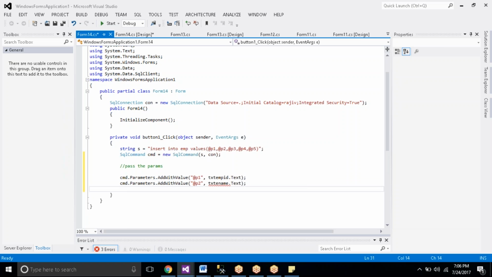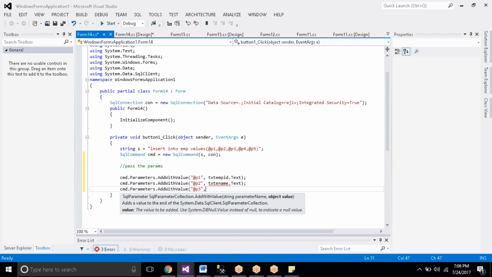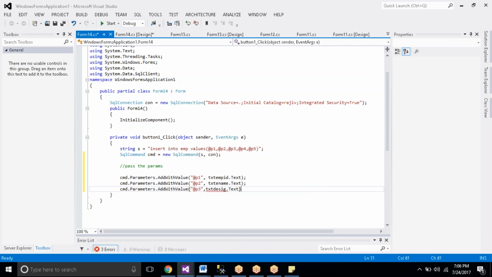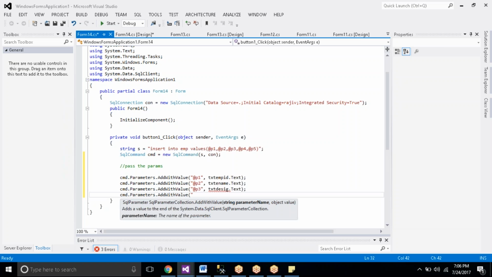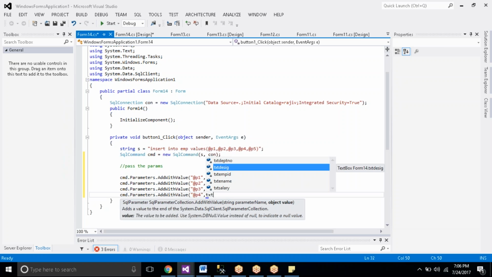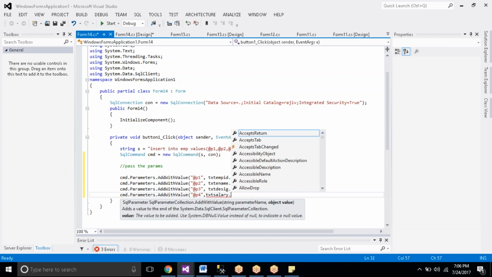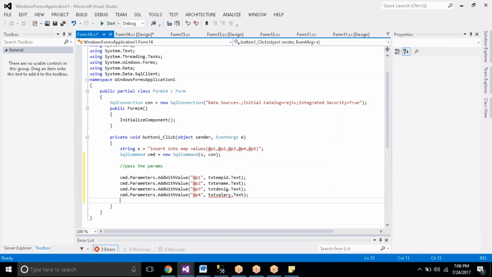Next is cmd.Parameters.AddWithValue, we are adding the parameter p3, designation, that is text. The next is cmd.Parameters.AddWithValue p4, and in p4 we are taking txtSalary.Text.